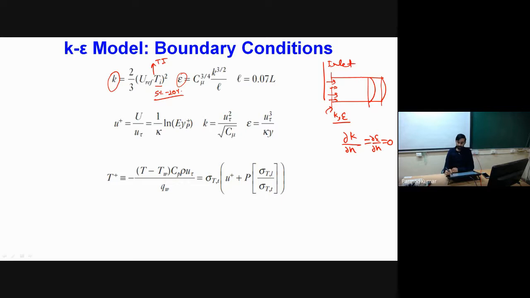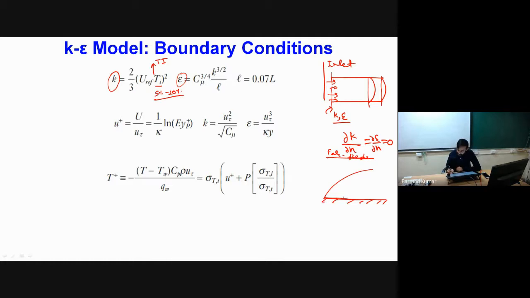Similarly, now if we are having flow over a flat plate, we will be having one far field boundary condition, where at some point the gradients will be decaying. So for this far field boundary condition also, we can use dk by dn and d epsilon by dn equal to 0. But while we are using K epsilon turbulence model, it becomes very, very important what type of boundary condition is to be given for the wall. So there is one limitation of this K epsilon turbulence model.